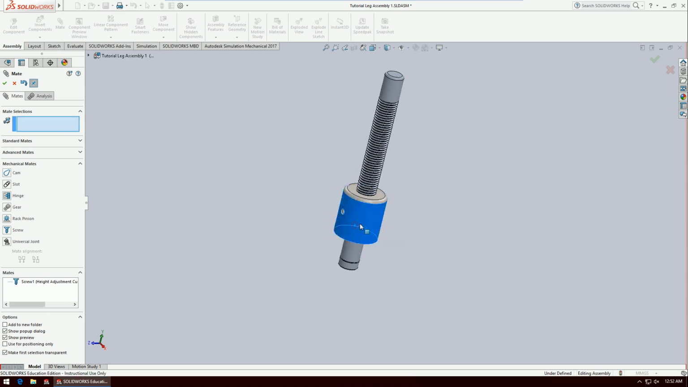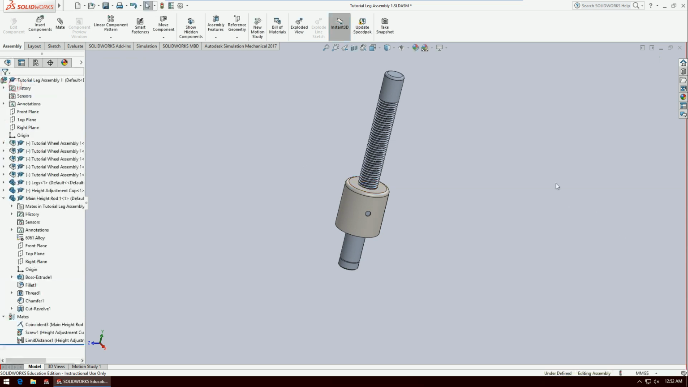So now, if you want to move this part up, you have to rotate it. You can see it slowly moving up. And this is how the real chair is, and it's almost a bit annoying trying to adjust the height because it takes forever. But anyway, moving on from that,